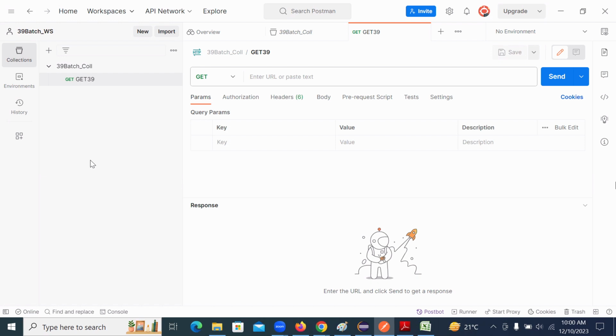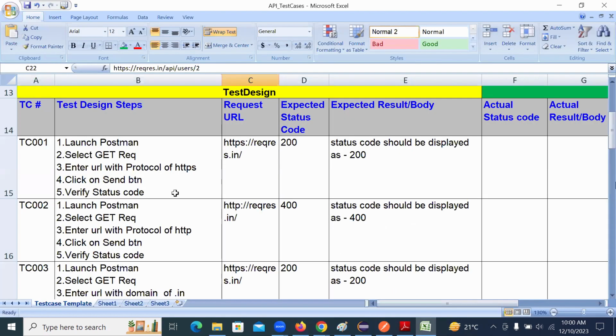Let's take care of doing test execution. Now we have Postman, and the test cases are available, then we can take care of test execution. Meaning of the test execution,